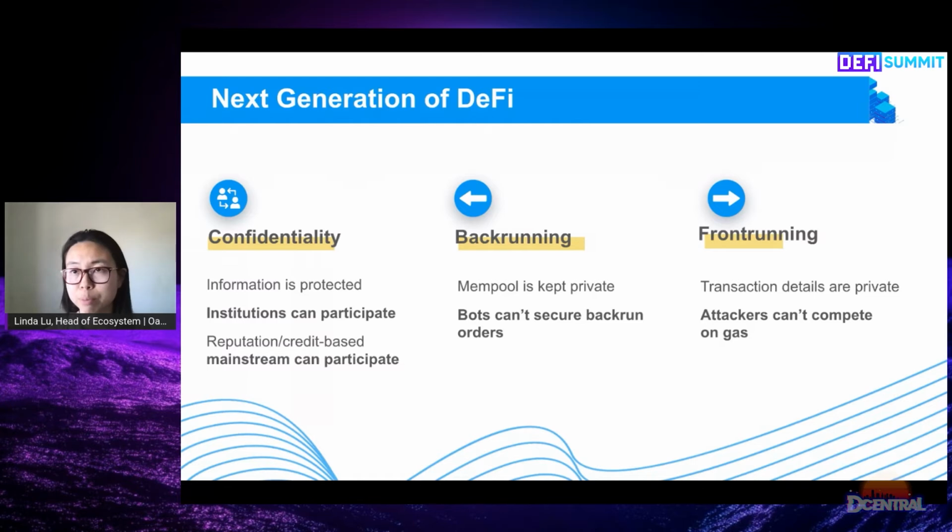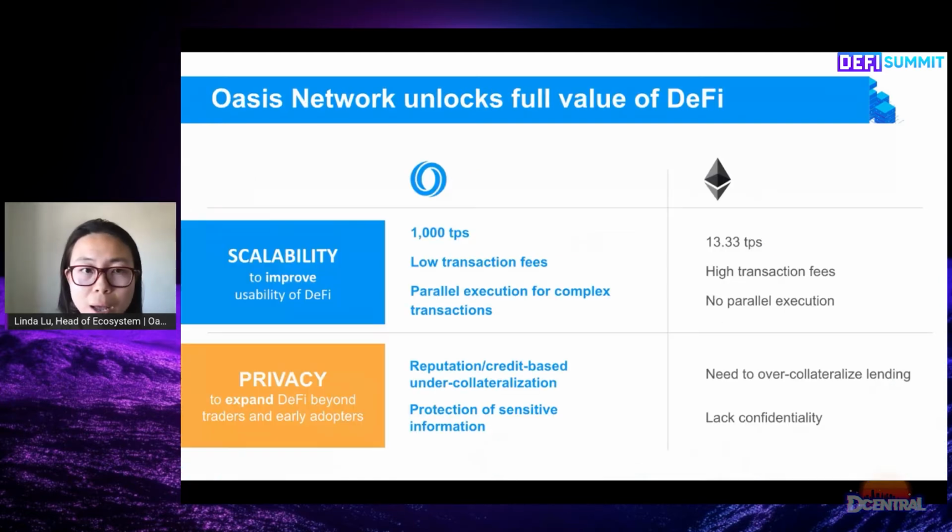So how can we bring it to the mainstream by integrating real world use cases? And the second is, even just to serve crypto traders, can we bring more institutional investors in? And then can we solve some of the pain points that traders are facing, such as front running and back running issues? So Oasis is best positioned to unlock the full value of DeFi by integrating real world use cases into DeFi